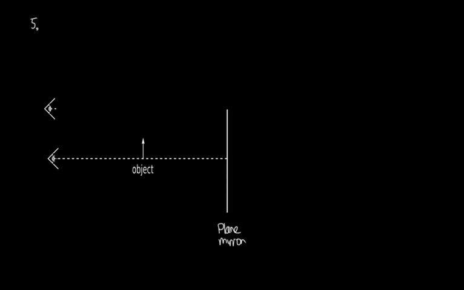In order for the light to arrive at this eye, it needs to travel from the object and be reflected off the mirror such that the angle of incidence equals the angle of reflection, and then arrive at this eye here. So this eye interprets the object as being back along here. Let's also extend our normal